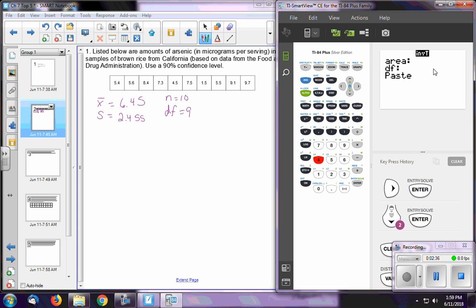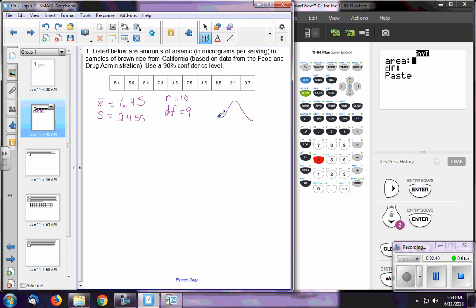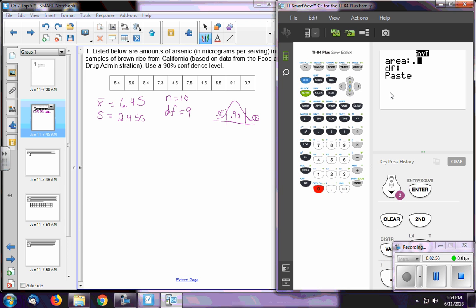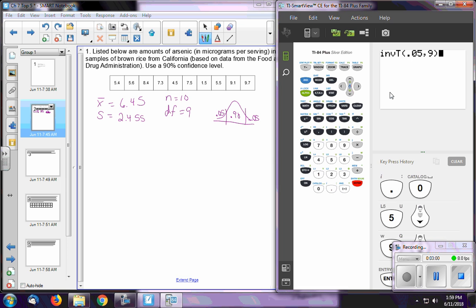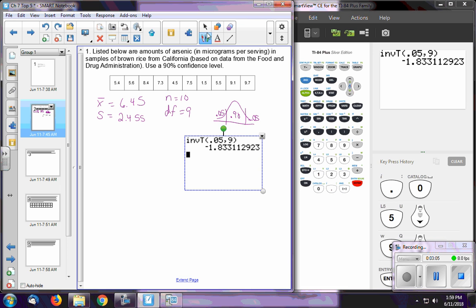When they say area, that is the area to the left, being that this is a confidence interval. Remember that it is symmetric, so 90% means 10% total between the tails. Half in each tail is 0.05. Remember, that means it is centered 90%. Tell it how many degrees of freedom we have. And using that inverse t function, we can acquire our t value for using in our function,